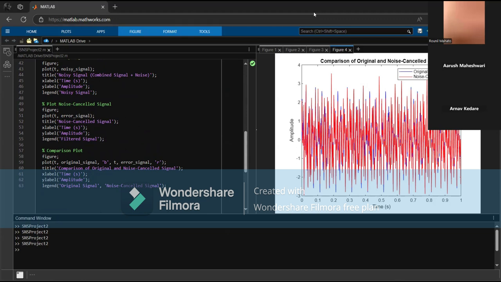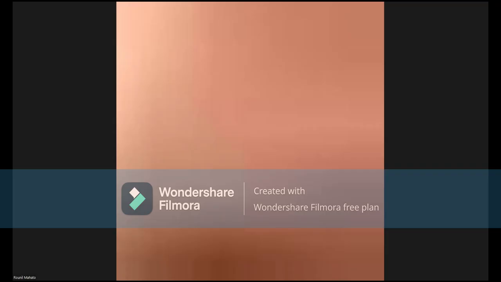So next on to the conclusion of the whole project. This set of Matlab code segments demonstrates noise cancellation using adaptive LMS algorithms on signals combined with Gaussian noise. Each segment follows a process where a clean sine wave signal is generated and noise is added to simulate real-world interference. An FIR filter shapes the noise before combining it with the signal, making the setup more realistic. The LMS algorithms are then applied